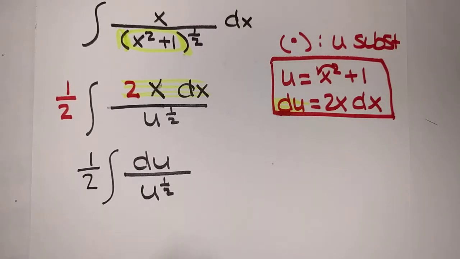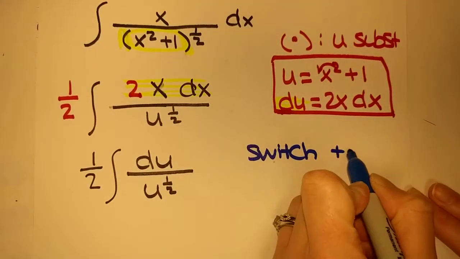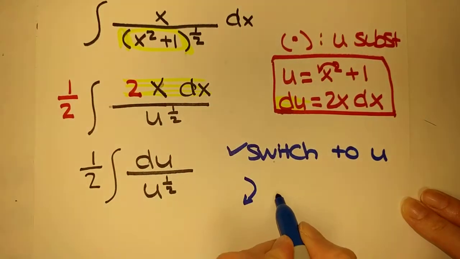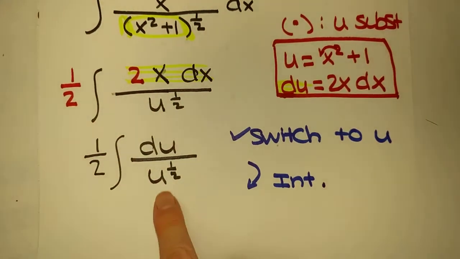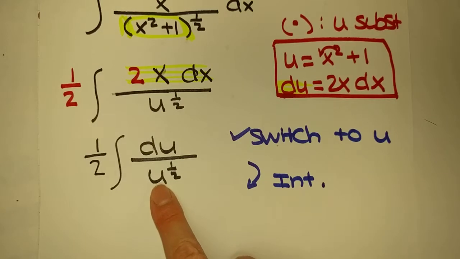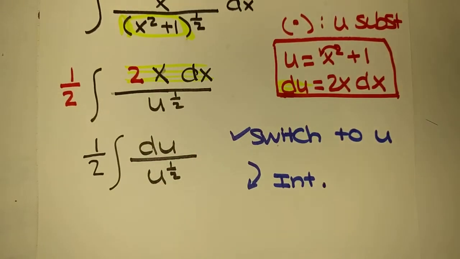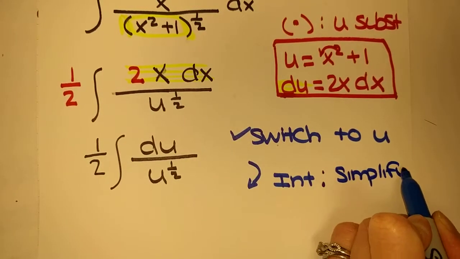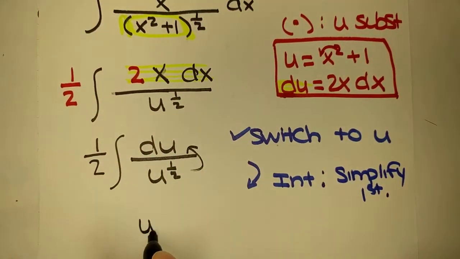Now, at this point, everything is in terms of u. So we have successfully switched this to u. Once we have switched to u, we go to our next step, which is where we integrate it. If you think about taking the derivative of this function, you would be bringing the u to the 1/2 up into the numerator. That is the same step that we're going to do for integration. So we're first going to simplify, and then integrate. So I'm going to bring this u to the 1/2 up,